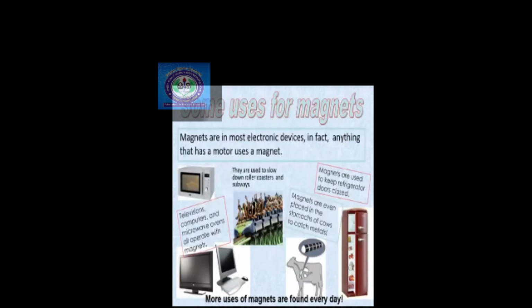We actually use magnets in our daily life. These magnets are used in ovens, in subways, in refrigerators, television, microwaves, and there are a lot of things in which magnets are used, right? Magnets are even placed in the stomach of cows to catch metals.